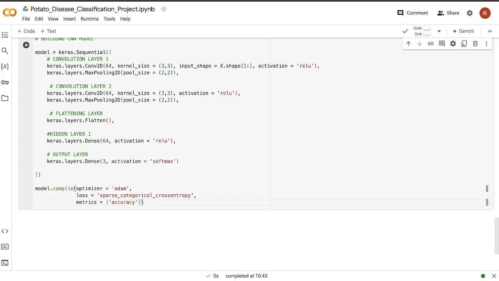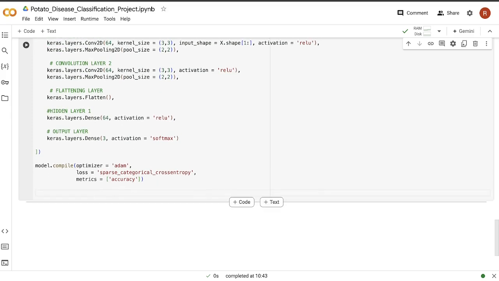After compiling, now we have to fit our model. So we will say model.fit. Then you will pass our input data of the images present in X and the labels present in Y. Then you have to specify the batch size. That is, you have so many images here. You can't pass single images individually to the model. So you will pass images in batches. A batch size can be anything. I will let it be 32. That is, it will pass 32 images simultaneously to the model.